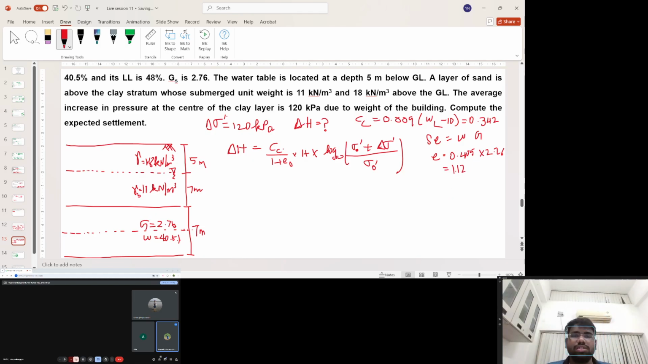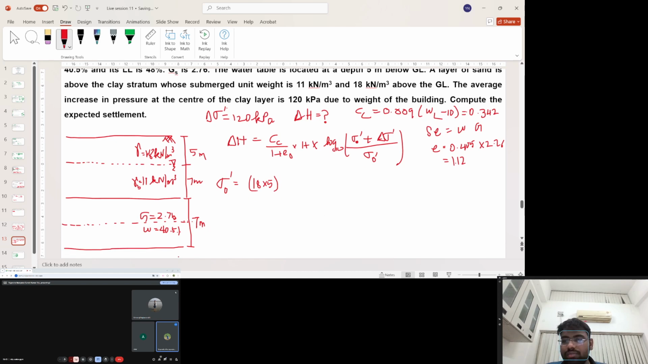Alright. So Cc we got, 1 plus E naught we got. We need to calculate sigma naught dash. So sigma naught dash is equal to 18 into 5. We need to find gamma also. Gamma submerged for clay. Gamma submerged or gamma saturated also. Gamma saturated,